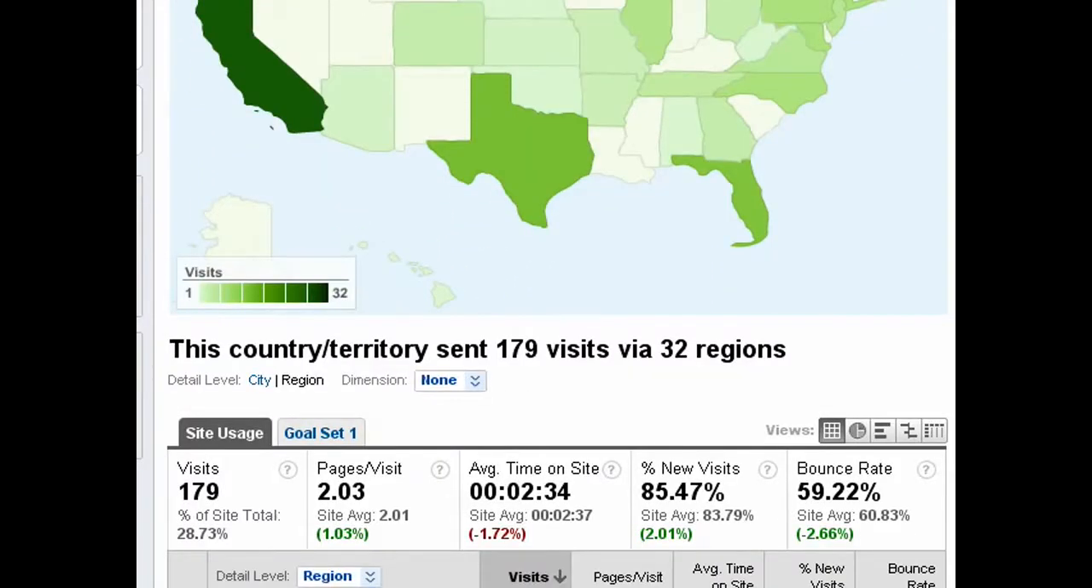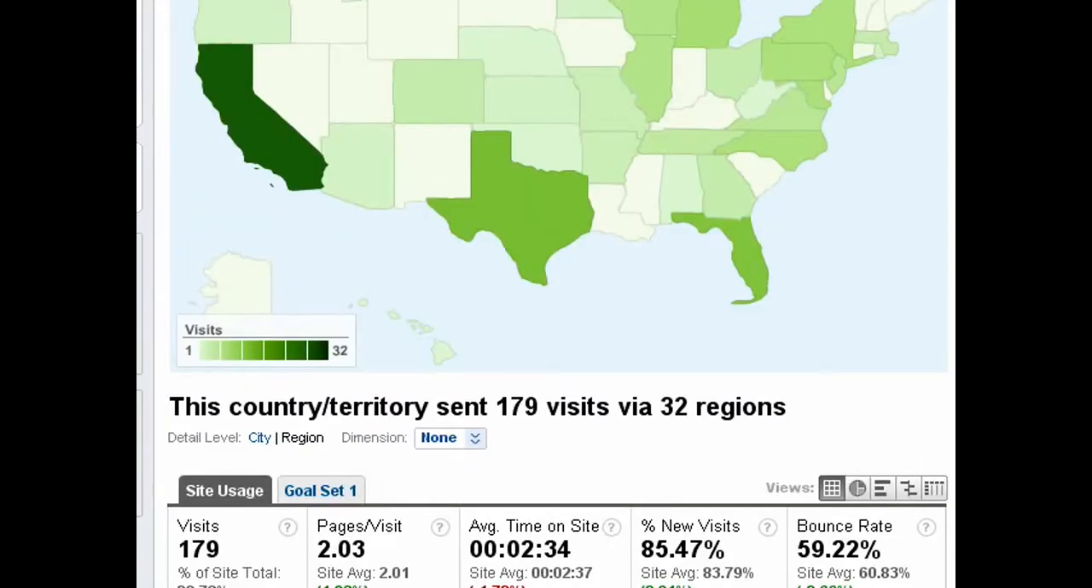And here you can see a much better map which actually shows you the individual states. And again, the darkest shade of green represents the most amount of traffic. So you can see here that in the United States alone, most of my visitors are coming from California, followed by Texas, Florida, etc. And those white regions here, it basically means that you're not getting any traffic at all